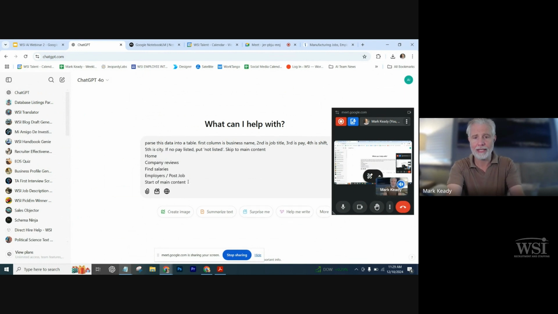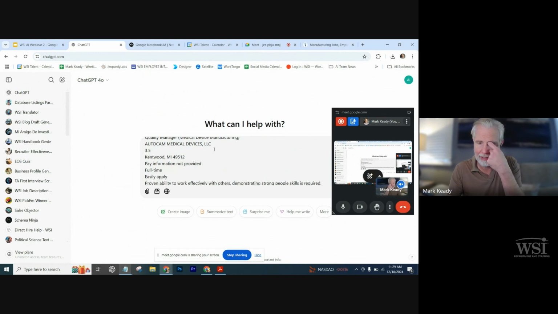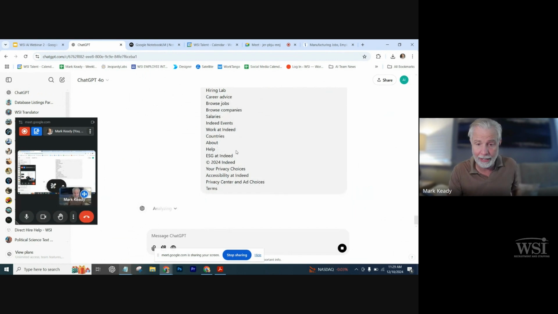And then we're just going to paste in all that information. See all that stuff right there from Indeed that we were just in? Look at all that. That's all the web stuff, zip code. I mean, it's just a gobbledygook mess of everything. And we just throw it all in there. Just throw all the ingredients into the pot and tell the pot how to cook the soup, and let's see what we get out of it.